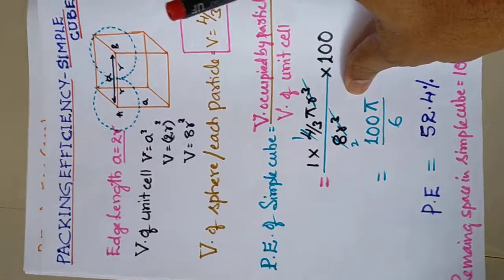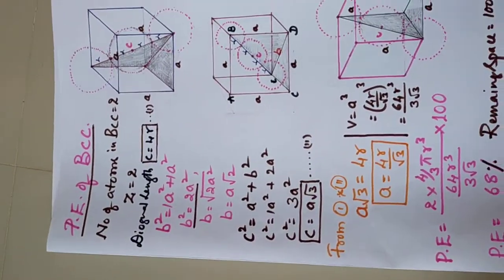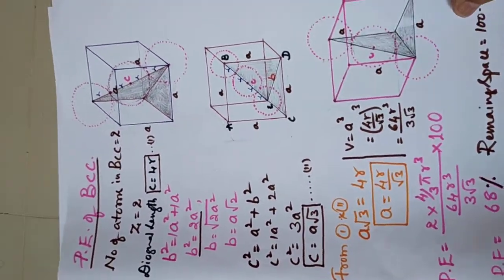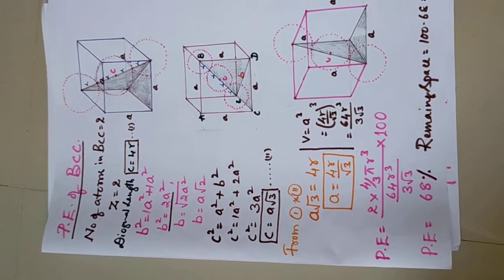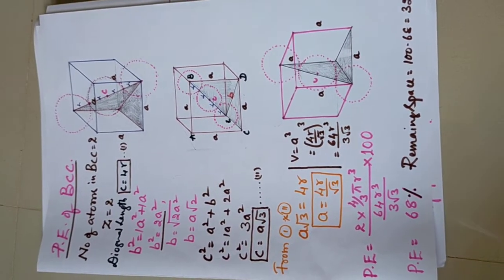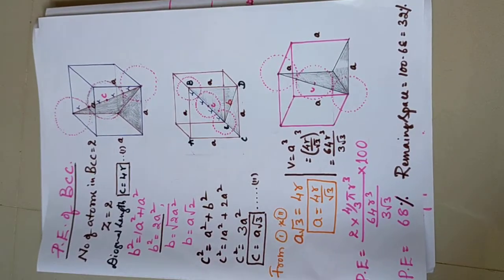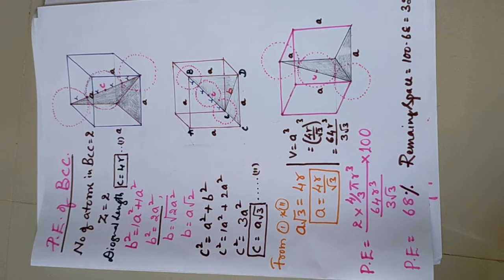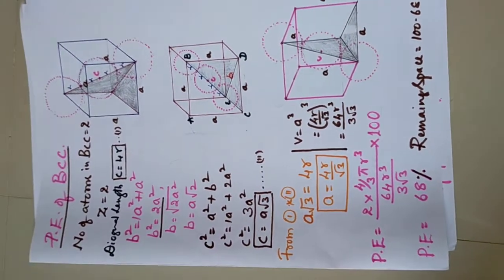Similarly, we have another one, the BCC. BCC is a little tricky. How could it be tricky? Just observe this one. So I have drawn 3 diagrams. Drawing the diagram is confusing. Our students are struggling, really struggling. So how far are we going to practice it? We asked them to draw and practice each diagram, but they are worried about drawing. How do we draw the diagram? So don't worry about the diagram, dear students.